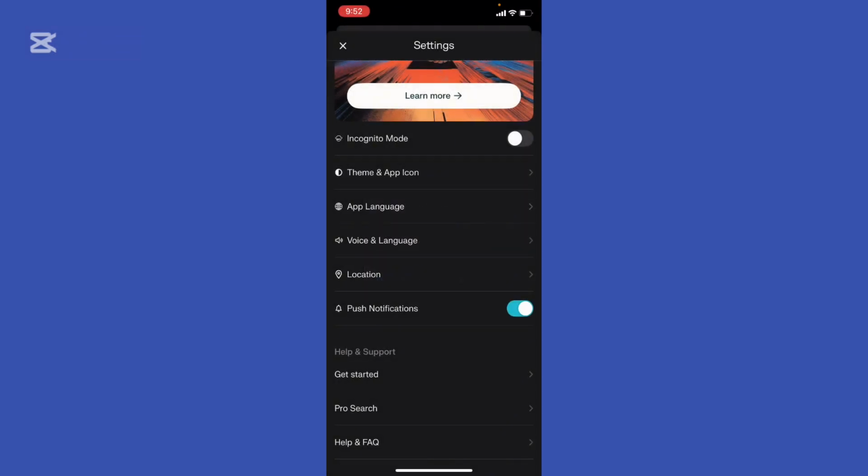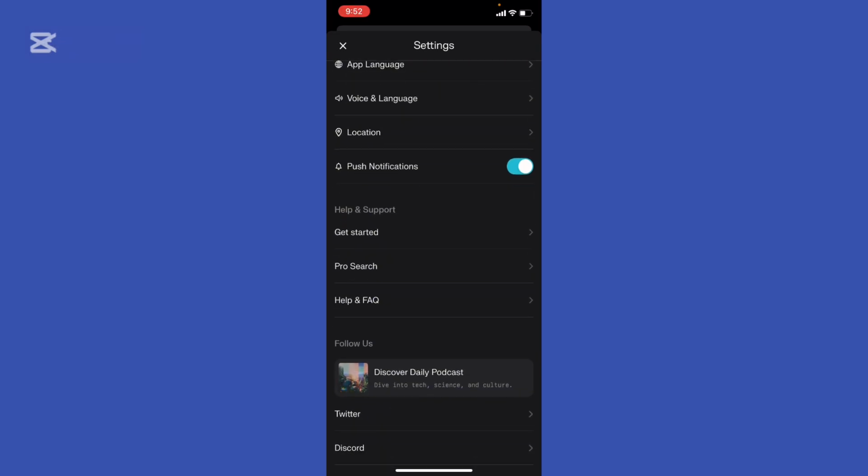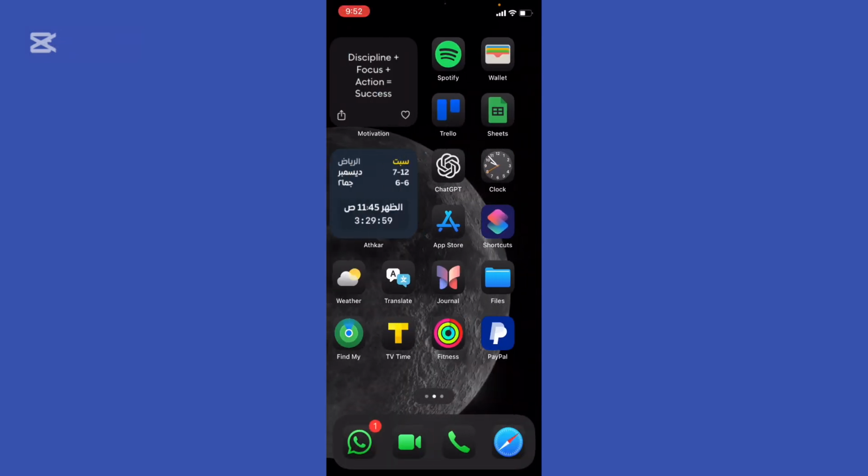Make sure that you allow notifications for your Perplexity AI so you can get the new updates, right? And this is where you toggle the notifications on or off for different activities like new answers, updates, or alerts. And another way of doing it, you can just go back to your screen, go ahead to the settings,